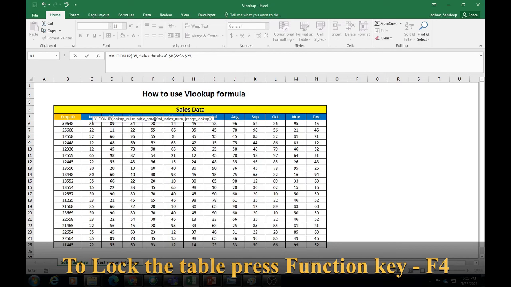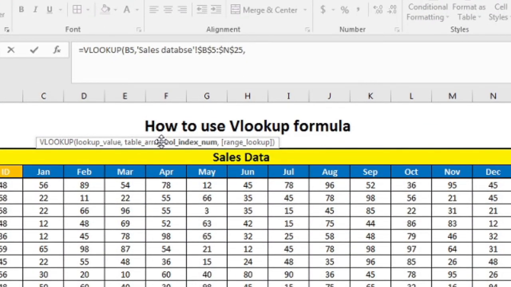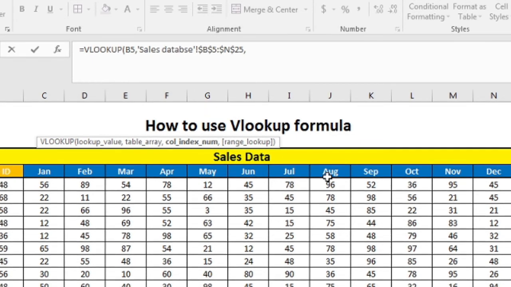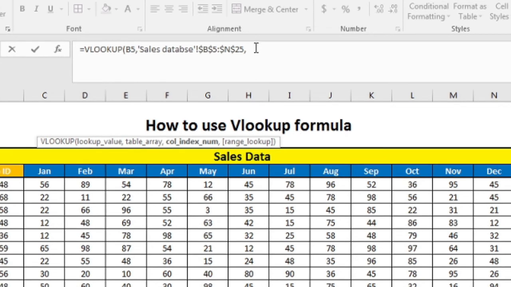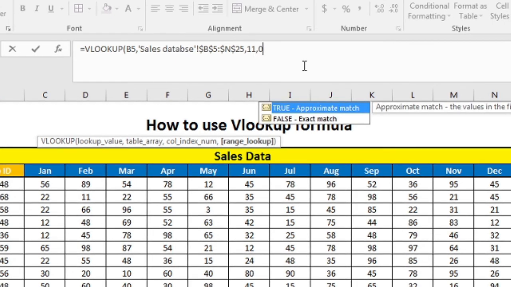Now what is the column index number for the month of October? So this is first, second, third, fourth, fifth, sixth, seventh, eighth, ninth, 10th, 11th. So the column index number is 11 for October. So I will put 11, comma, 0 for exact value, and directly press enter.